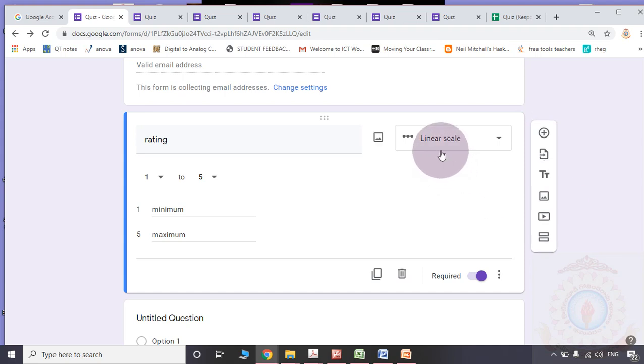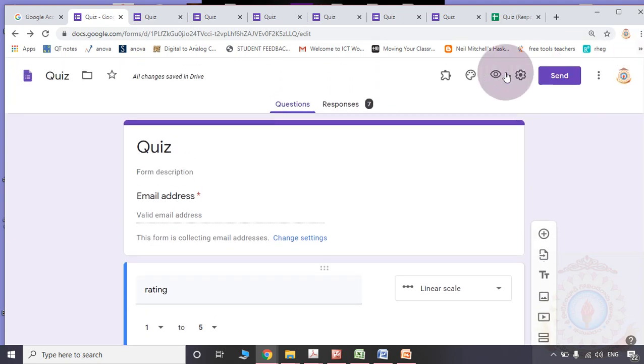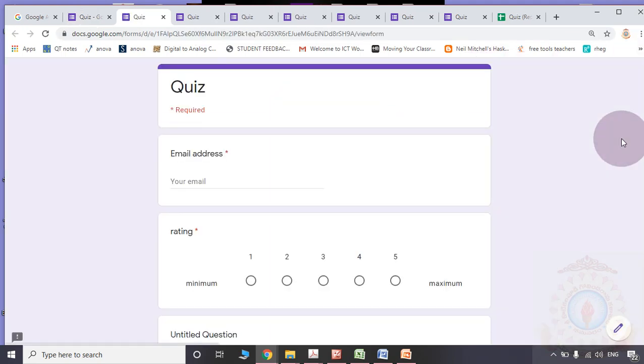If you are selecting the linear scale option, for the minimum and maximum values, I may show labels like poor, excellent. Different names I may give in this place, like poor, excellent, otherwise minimum, maximum, bad, good. Like that I may show two different categories, one meant for least and the other meant for best. Then in the preview, the same thing will reflect in the linear scale of 5.